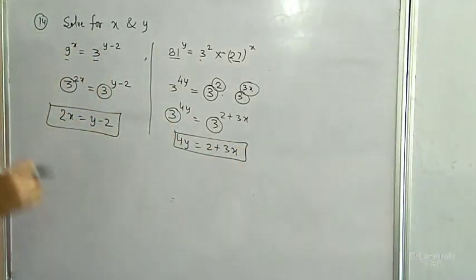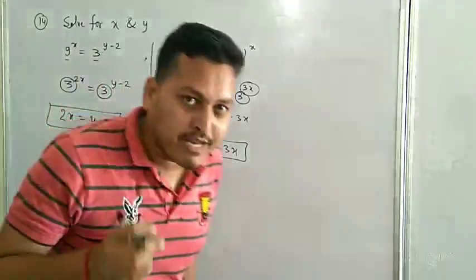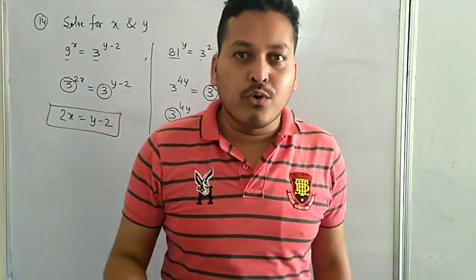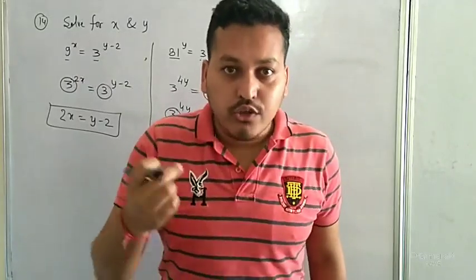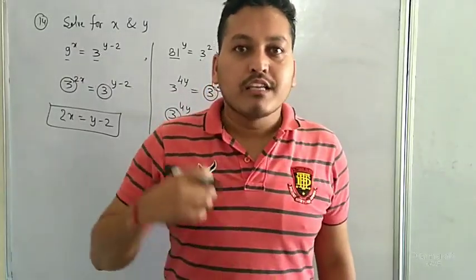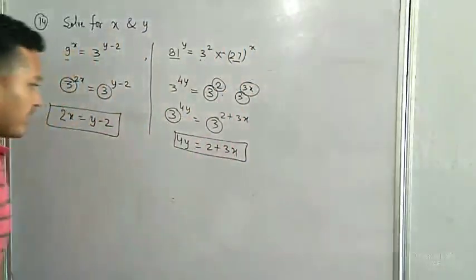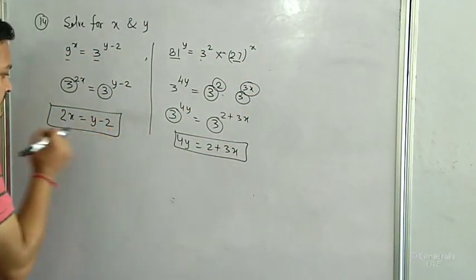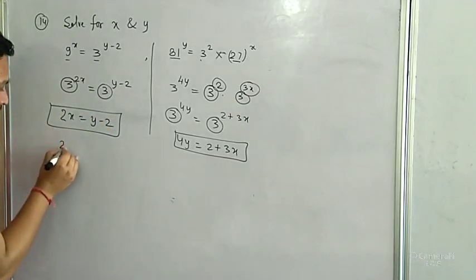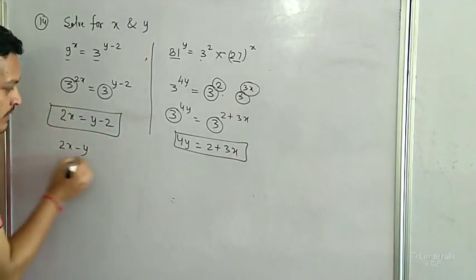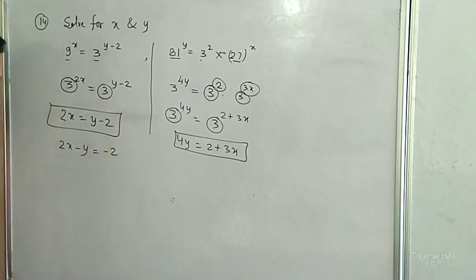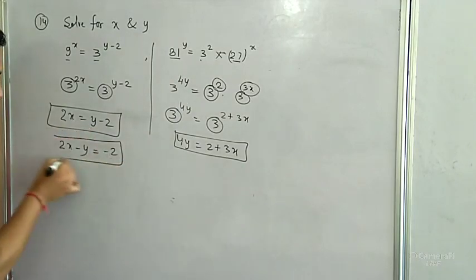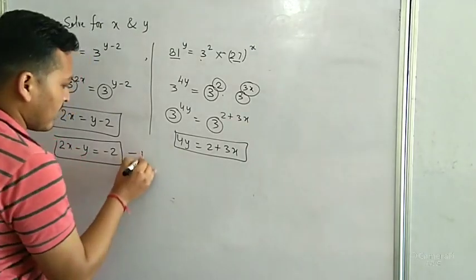Arrange the equation. If you know about the elimination method, so you can solve these equation by elimination, yeah, if you know about the method of substitution, so you can solve these two equation by substitution method. Okay, so I am taking here elimination method. So first arrange in the form of x and y in left hand side, so can we write this equation 2x minus y is equal to minus 2. Okay, 2x minus y is equal to minus 2 is one equation, and second